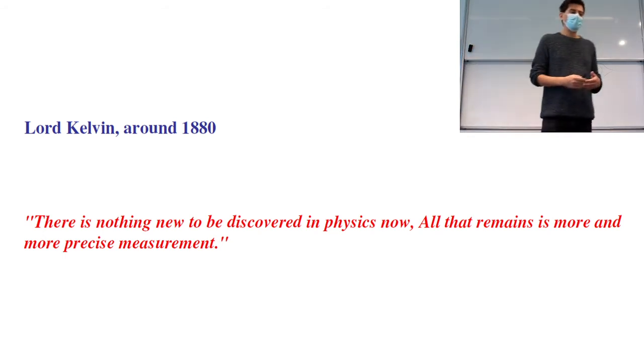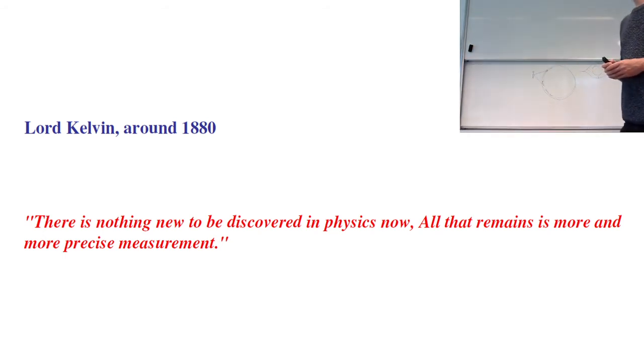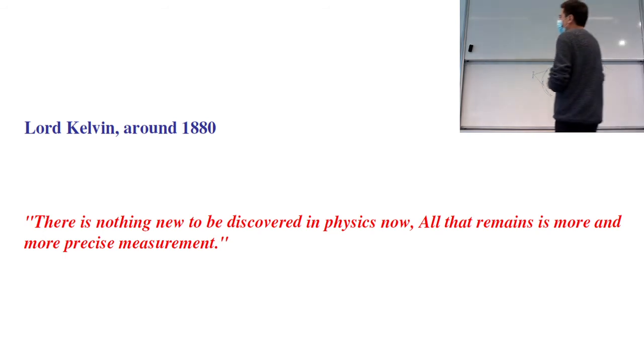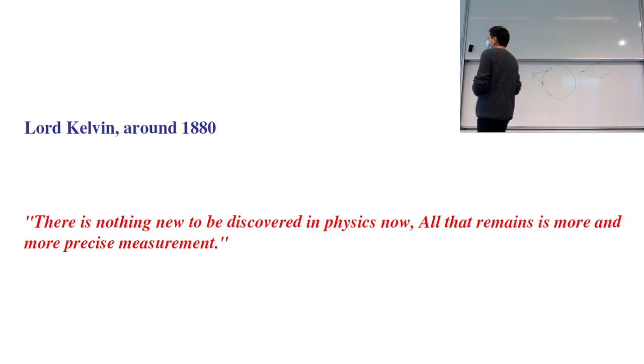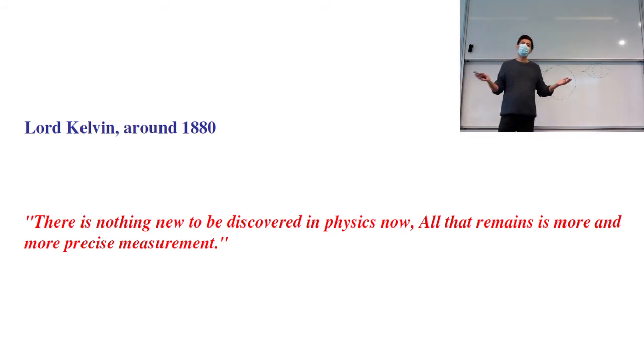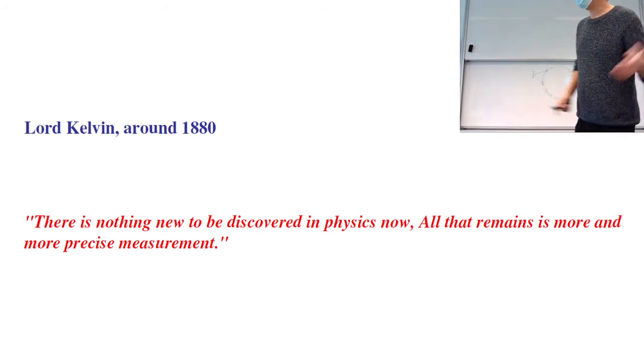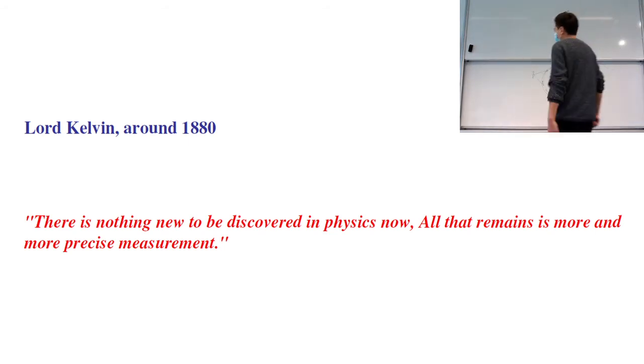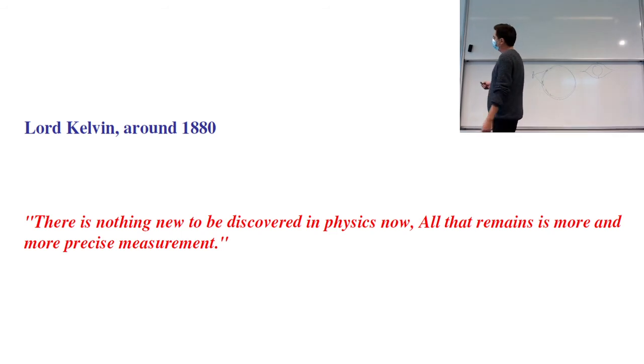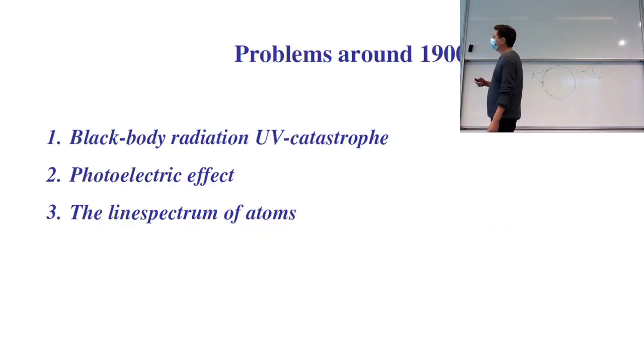So he thought essentially physics was kind of dead. All the discoveries were made, and you can, in principle, predict everything. Maybe you just have to look at more complicated or precise systems. So he could not be more wrong,